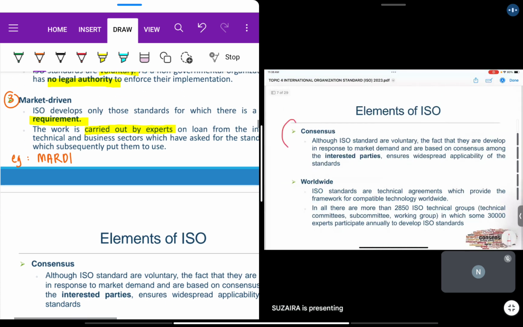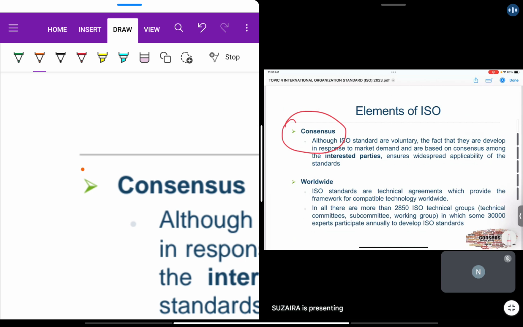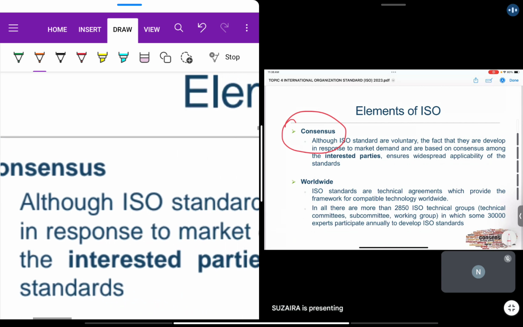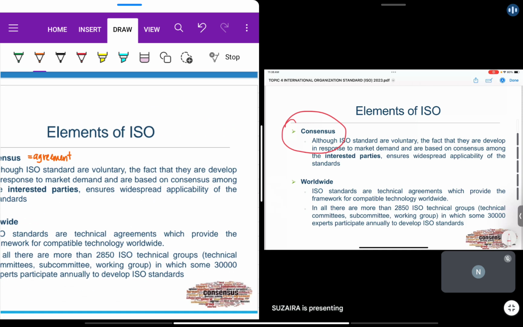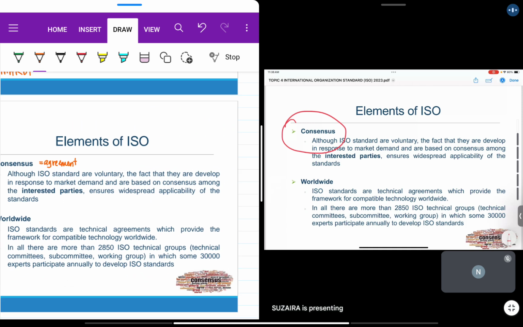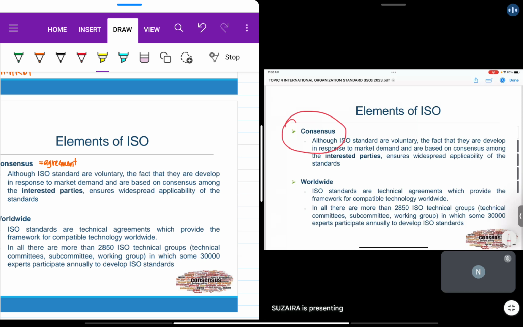The fourth one is the consensus. Whenever you talk about consensus, it is more towards the agreements that we need to have between the representatives. Just now, if you talk about ISO 22000, we have different representatives that represent the whole standard. What they need to do is throw in ideas, and then they have to agree upon specifications or criteria.